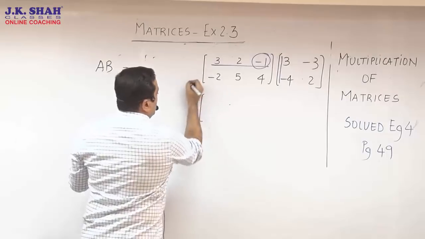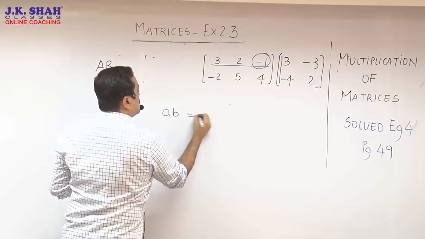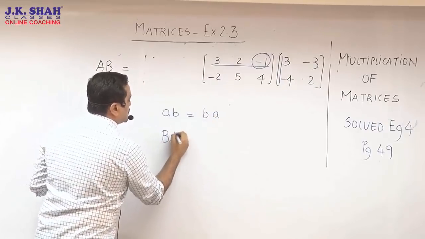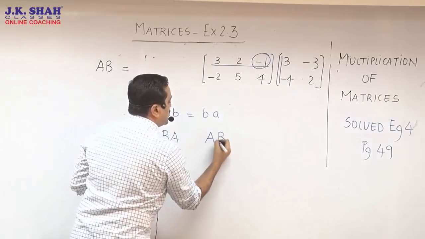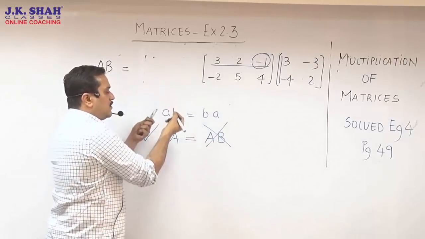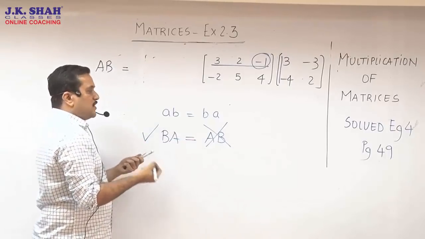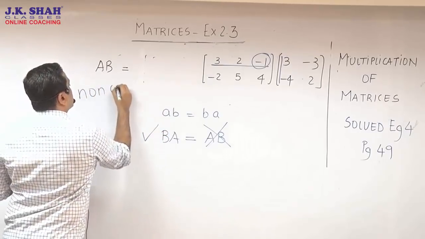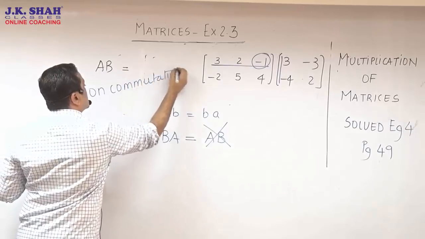So the main thing to highlight in this is what? Like in algebra, your AB is equal to BA, but in matrices, just now a moment ago you saw what? BA was possible. And when with the same matrices, when I tried to work out AB, that was not possible. So forget equal to. Sometimes there are cases, as in right now, BA exists, AB may not. Or AB may exist and BA may not. So we do happen to say in matrix the multiplication is non-commutative. Now maybe many of you are listening for this word first time, but this is algebra ka word.